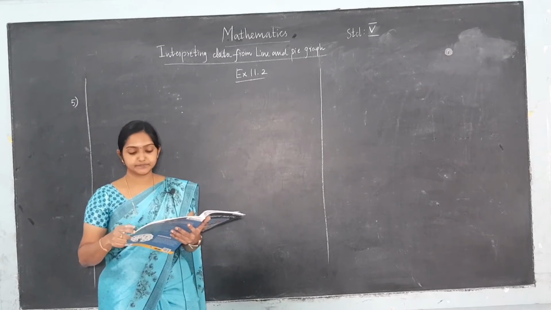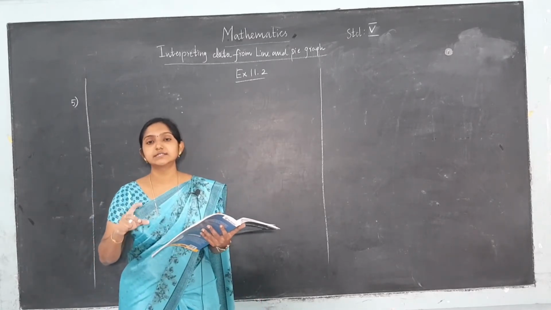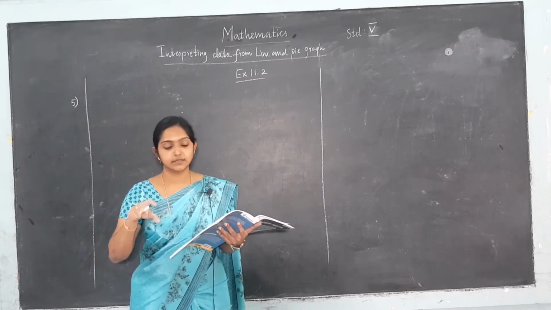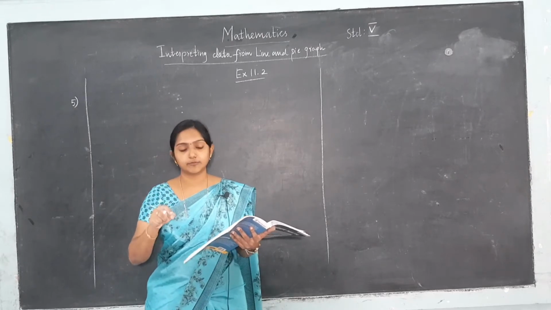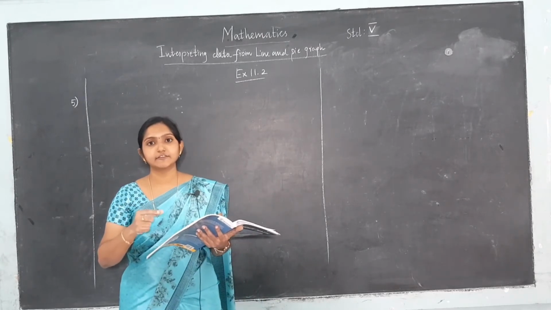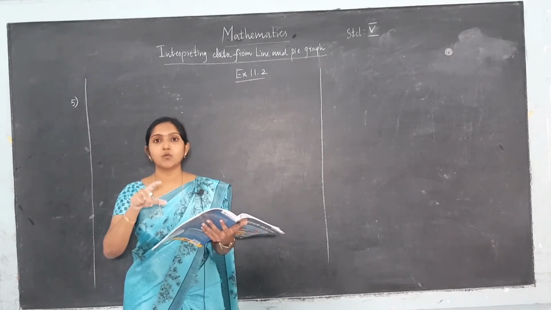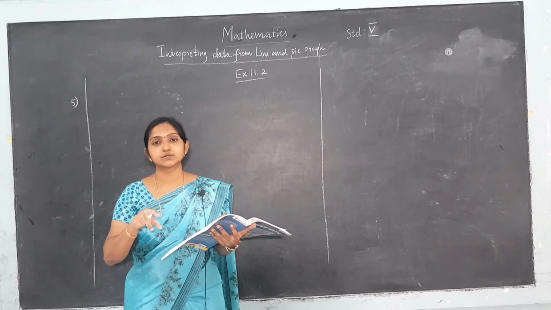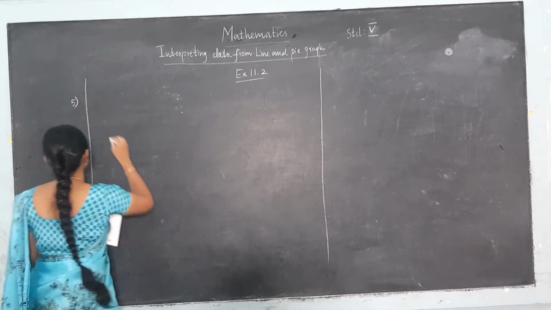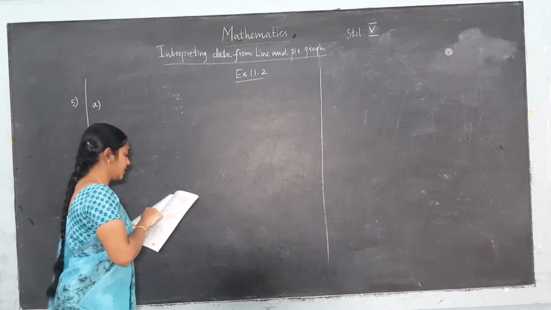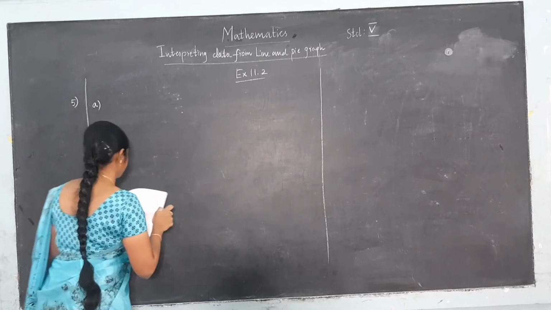You look at the pie graph given. Africa is 1/4 of the circle. A quadrant is filled by Africa. So, it is 1/4. You look at the pie graph in your book. Africa is occupied by 1/4 of the circle. So, Africa is 1/4. We have to find how many tourists came to India from Africa.